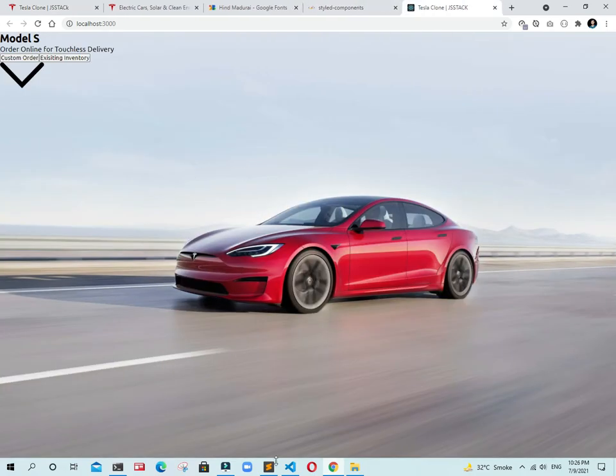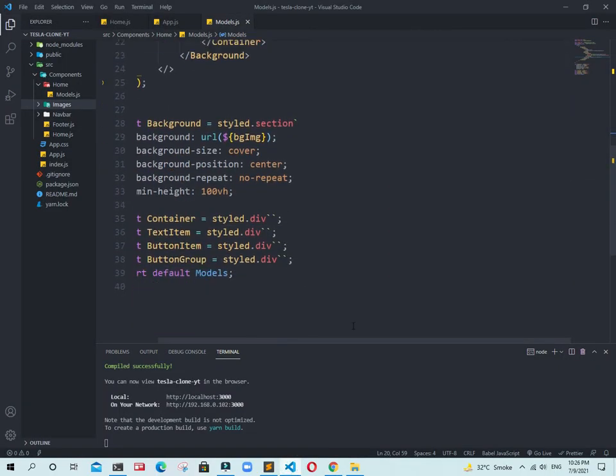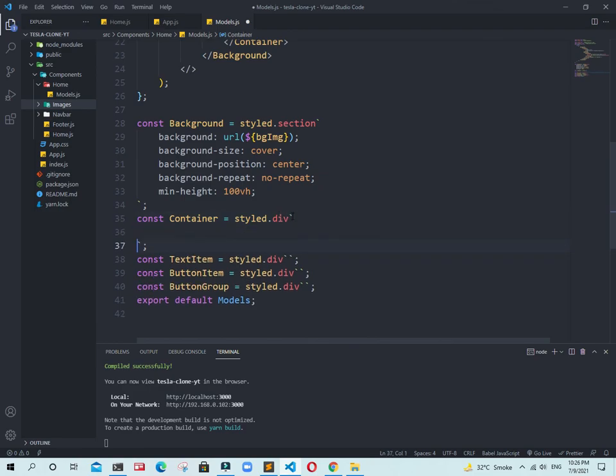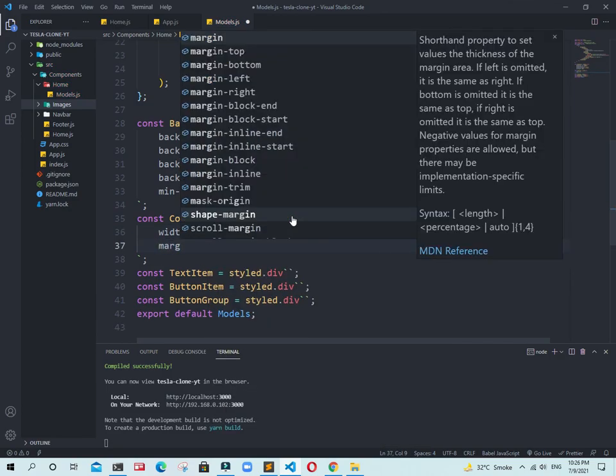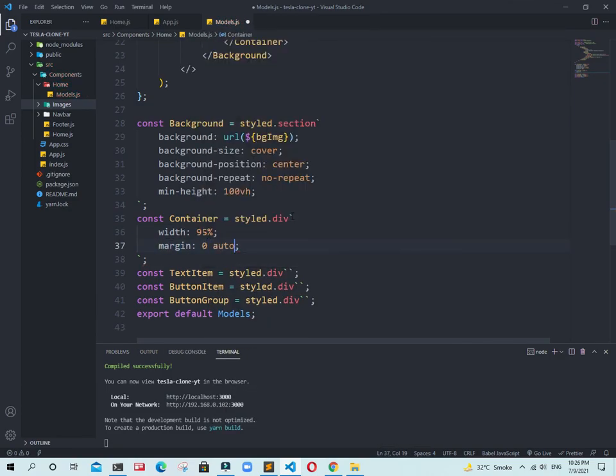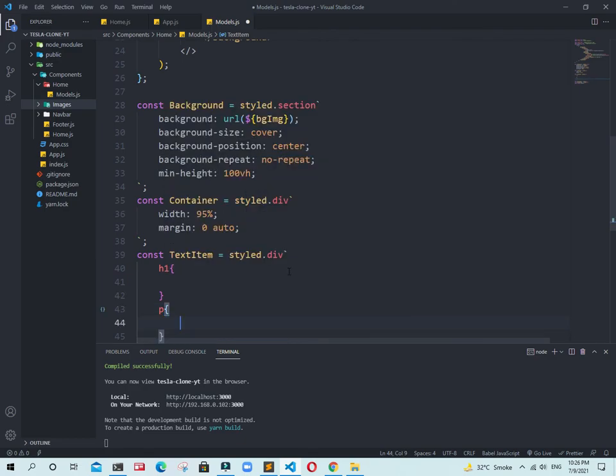Now we need to add style. Inside this container we have width 95%, margin will be 0 and auto. Inside this text item first we have h1, and just after that we have the p tag.